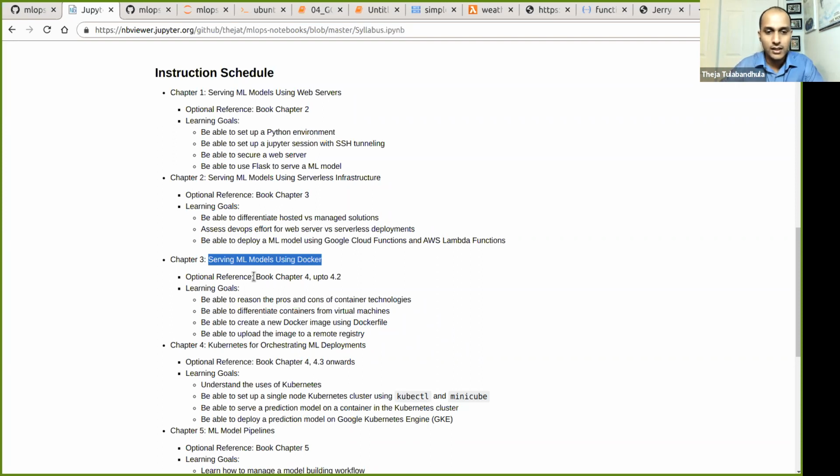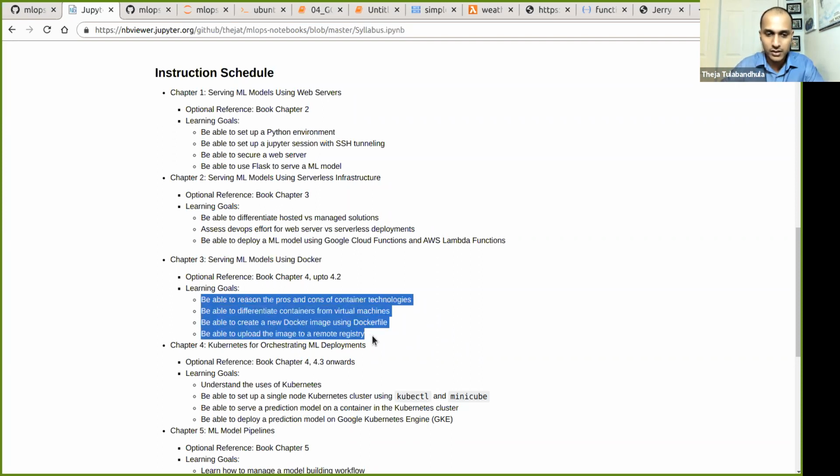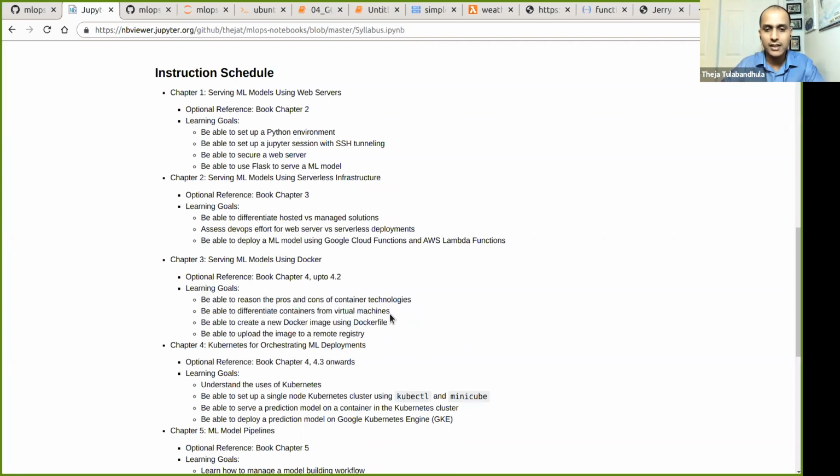Okay, so in particular, our learning goals are as follows. I'm going to focus only on the first two today because we only have 20 minutes. We'll talk about the pros and cons of container technologies, and differentiate them from virtual machines. We'll also talk about the larger context of where they come into the picture and how they help us deploy ML models, since that's the running theme of this course. Next time, if we have time today, we'll look at a particular instantiation of this container technology, which is called Docker. But most of this we'll touch upon next time.